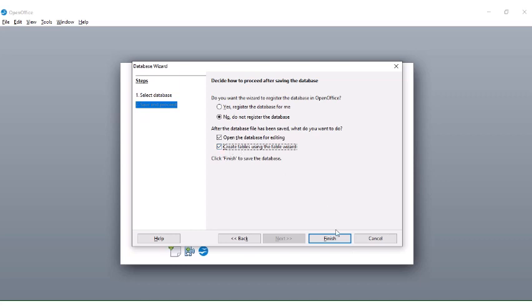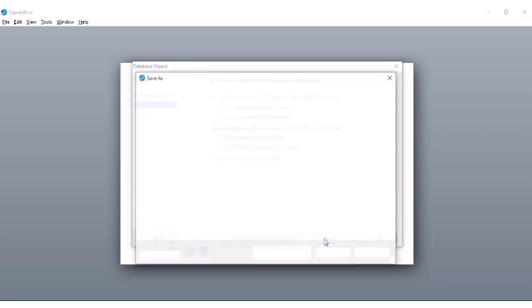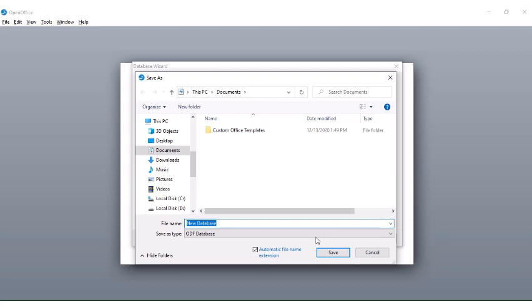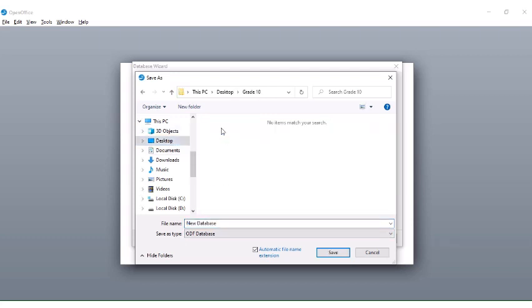So this is it, and once you click Finish, you will get this kind of screen. It will ask for saving our file, and I will save it here as new database. Please note the extension: it is ODB, the open source database format.